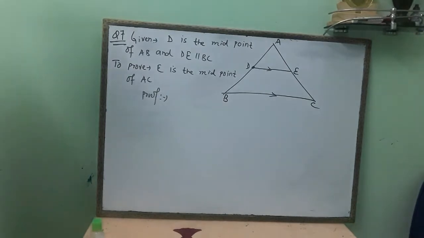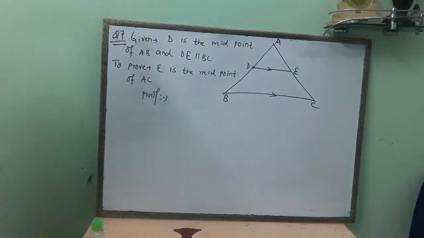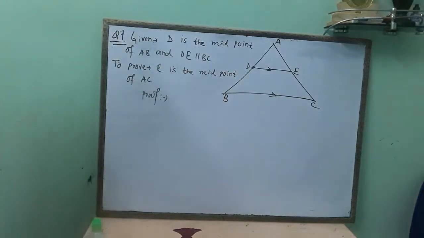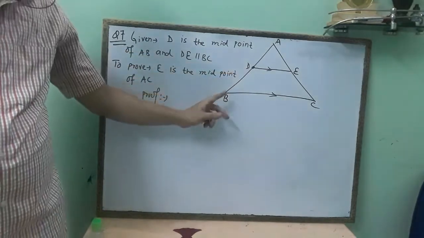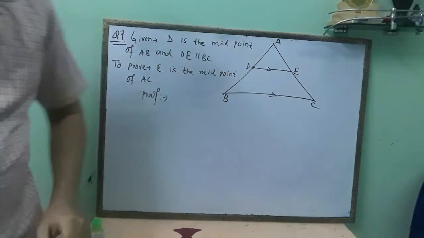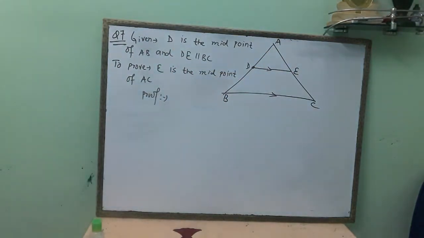See, this is question number 7 of this exercise. Question number 7 of this exercise is to recall using the 6.1 theorem. 6.1 theorem is Thales theorem. So prove that a line drawn through the midpoint of one side of a triangle parallel to another side bisects the third side. It is given that D is the midpoint of AB and DE is parallel to BC. So we have to prove that E will be the midpoint of AC. In ninth, you proved this as the converse of the midpoint theorem. So we will use this concept.